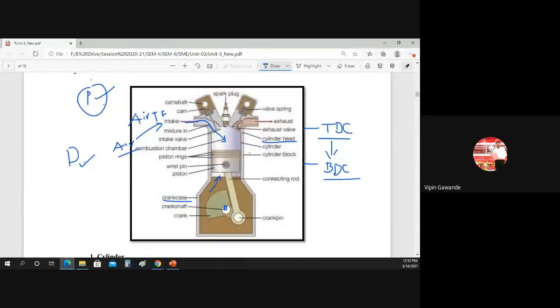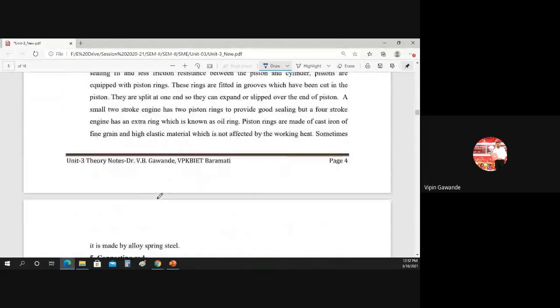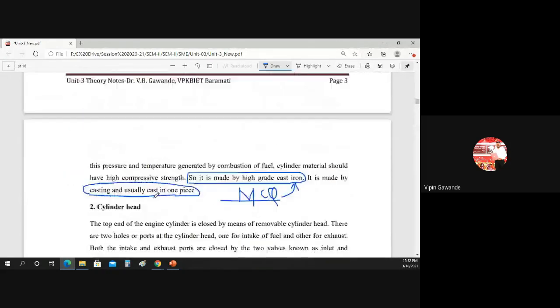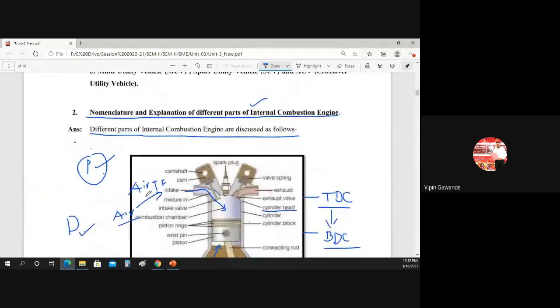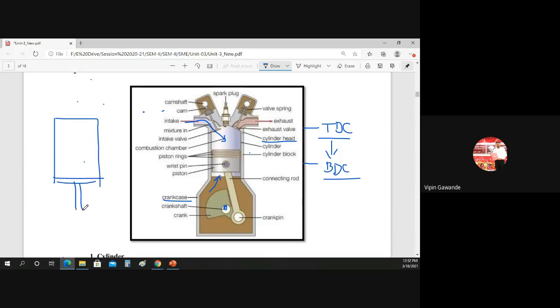So the cylinder is over then. This is the complete cylinder. Now in the cylinder, let me check whether we have mentioned these things here or not. Okay, we have not mentioned one thing, so let me mention it here. Since we are discussing the cylinder, the cylinder is something like this. This is the lowest position of the piston. This cylinder is circular in shape, so this is the diameter of the cylinder.